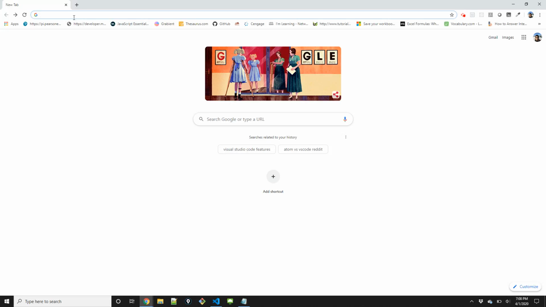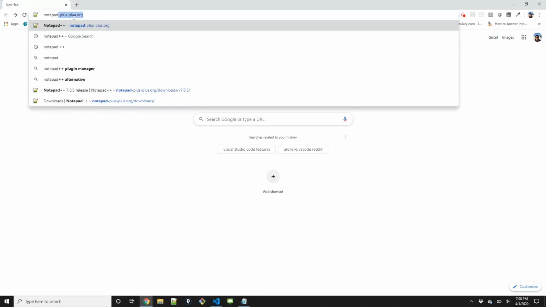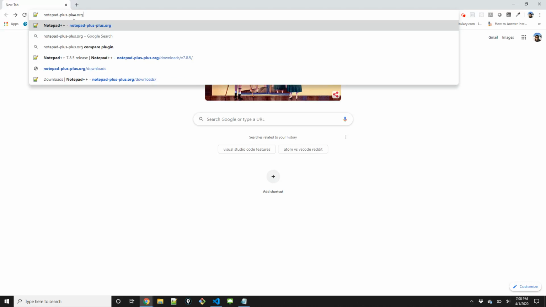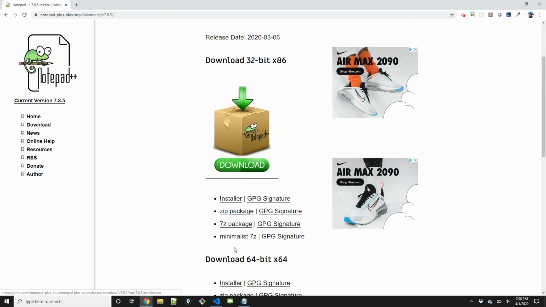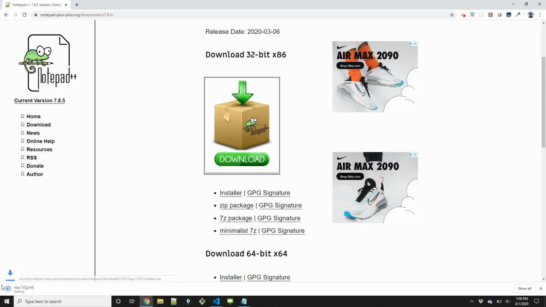So the other one is Notepad++. It's easy to download, and you can just copy this address on your machine and then search for it. It's going to open up the home page, and you can download the latest version from here. So download from here, and once you download it,